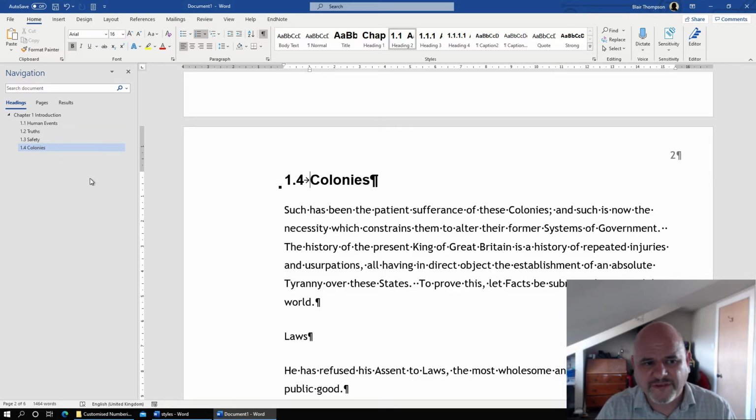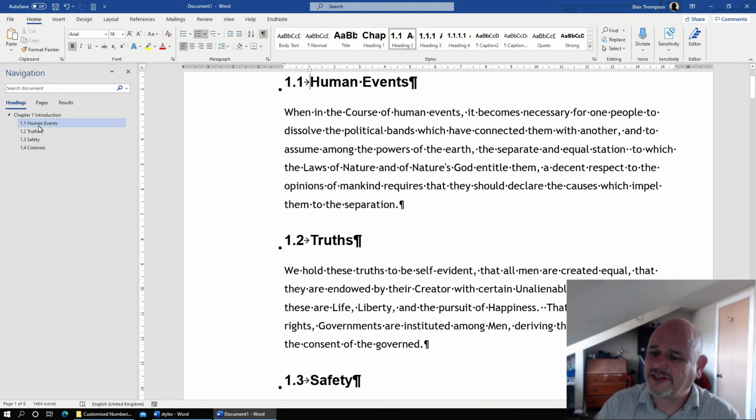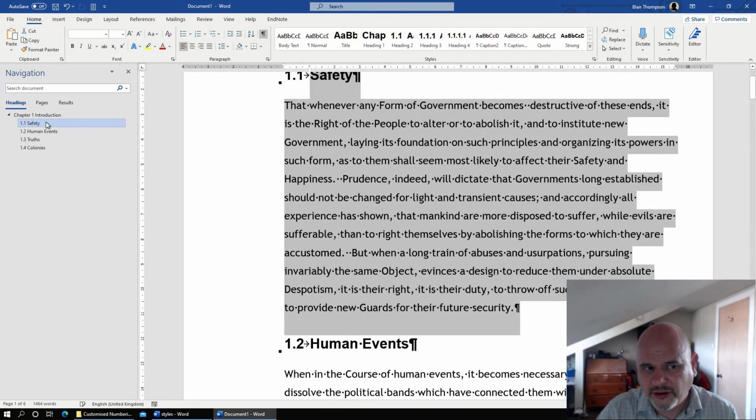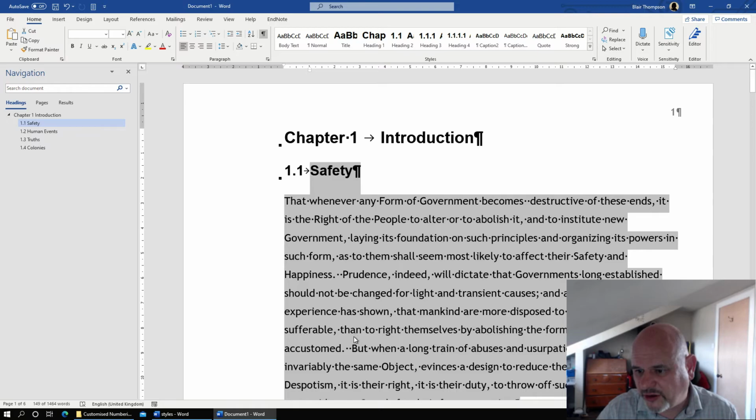Have a look on the left-hand side of my screen. This is my navigation pane, and that navigation pane has started to fill up as I have been putting those headings into their correct styles. And if I want to move around my document, not a big deal in this document, but when you're working with a full thesis, this is incredible. All I do is click on the heading in the navigation pane, and it takes me straight there. Not only that, watch this. If I drag the Safety heading from here up a couple, you can see that it reorganized the document as